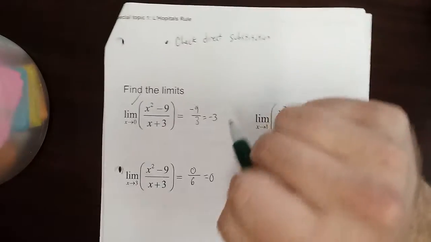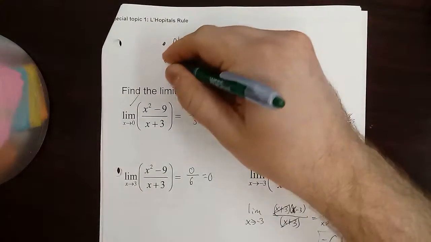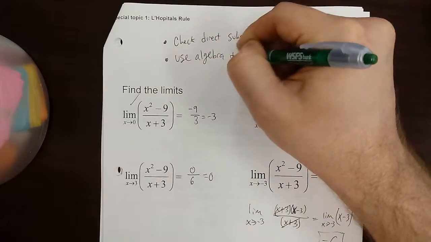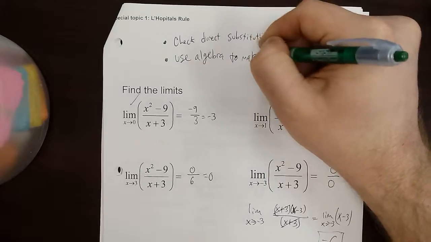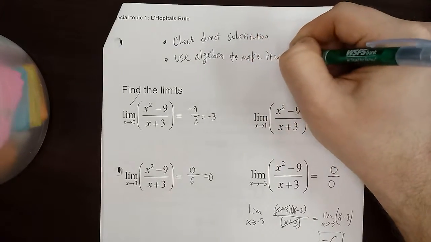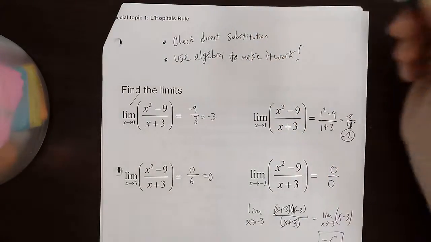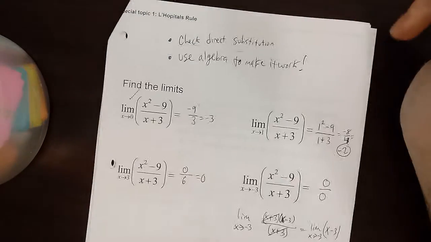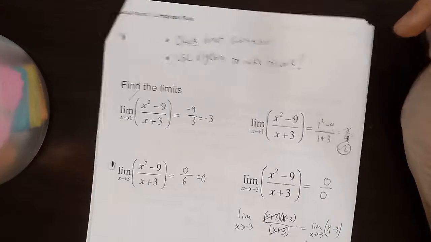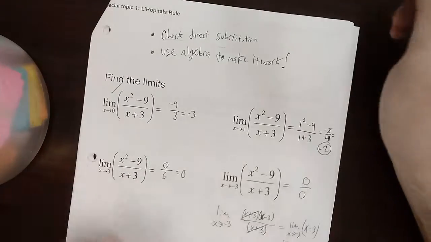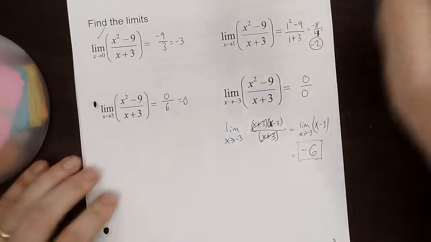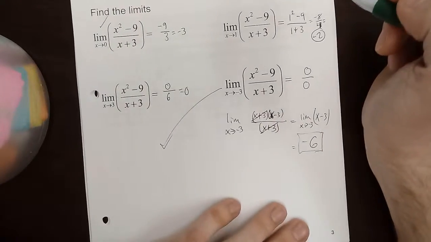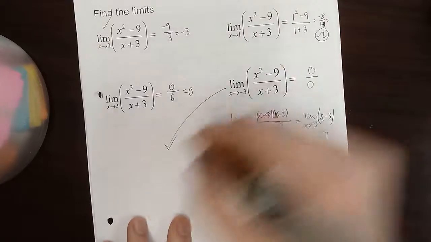So the first thing we do when we're doing limits, we check direct substitution and then use algebra to fix it, to make it work. All right, this encompassed like September. So today I'm going to spoil it just a little bit, and I'm going to show you something kind of weird. L'Hopital, I don't remember how he figured this out. I don't know if I ever learned it. I don't think I know how he figured it out, but L'Hopital said,